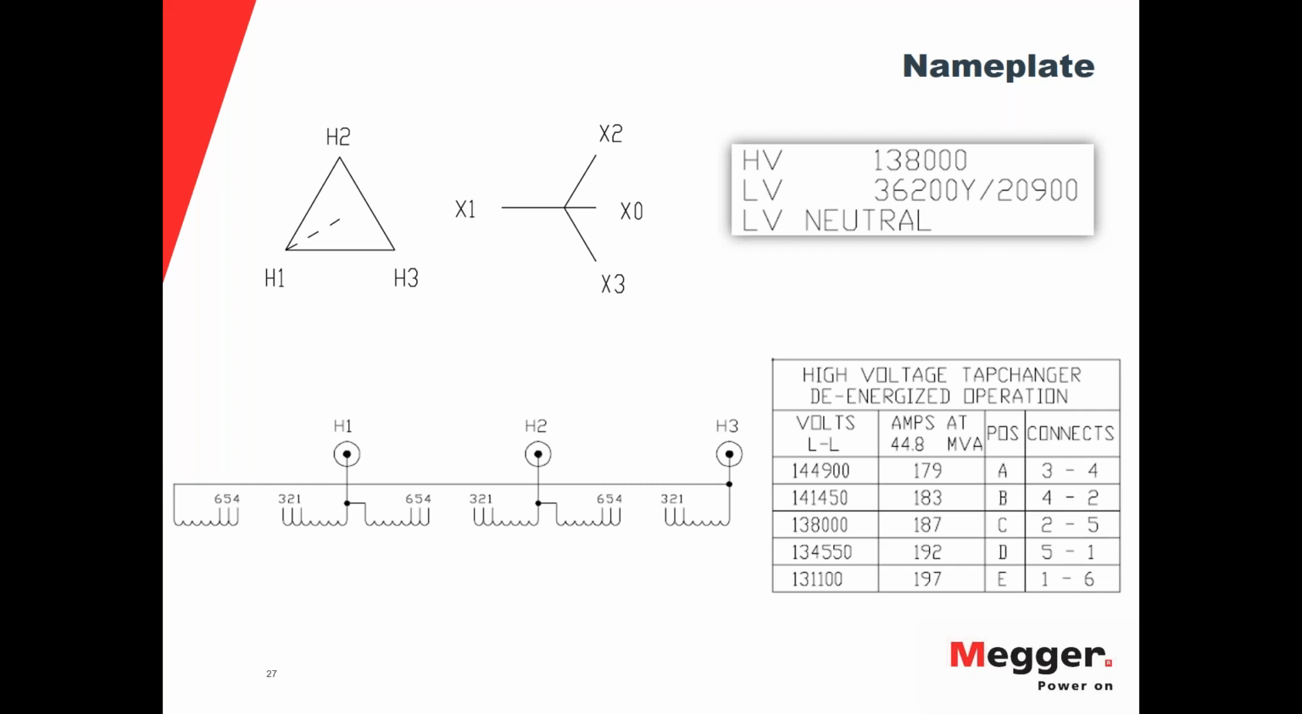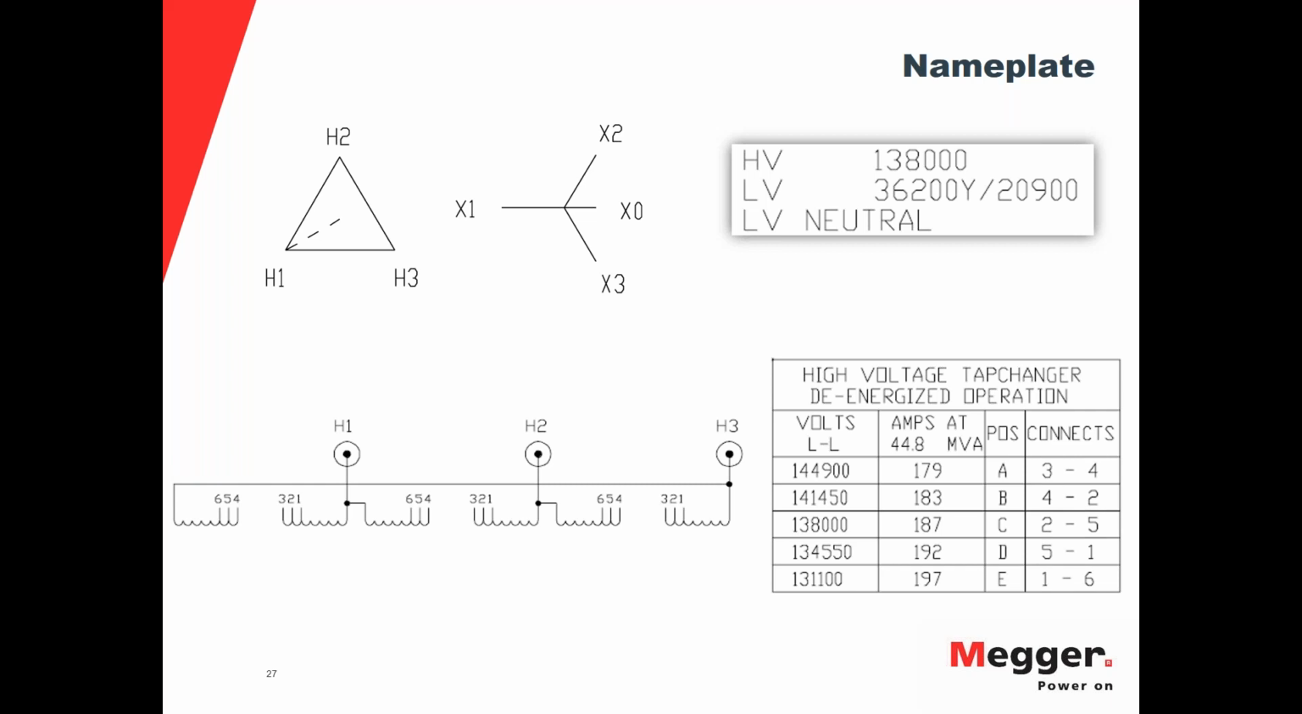Obviously, we have the high voltage side, 138 kV, and then we have the low voltage side. We can see from this picture that this is a delta Y configuration. We can also see that the Y side has an exposed neutral. And we also see here we have the DETC. We have our 5 taps,